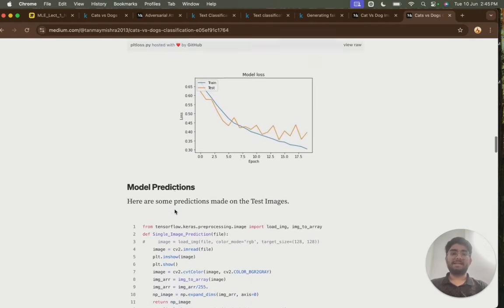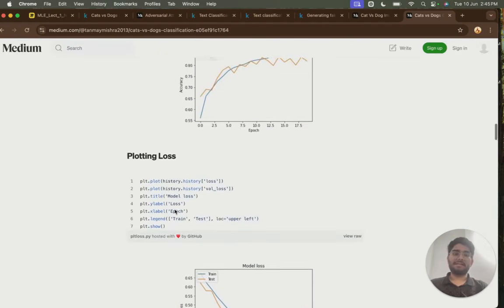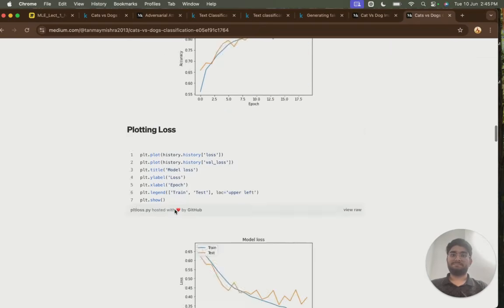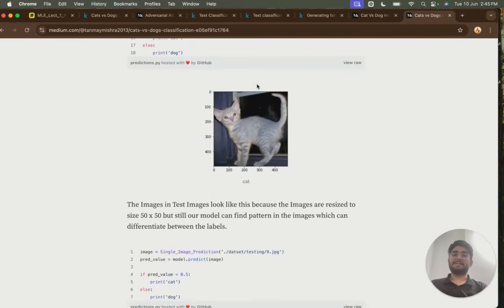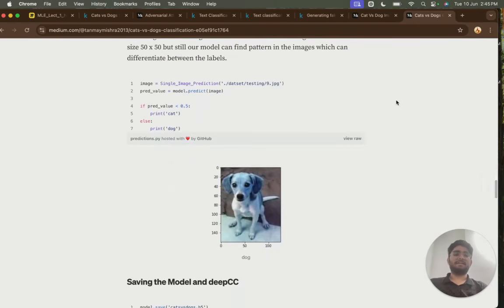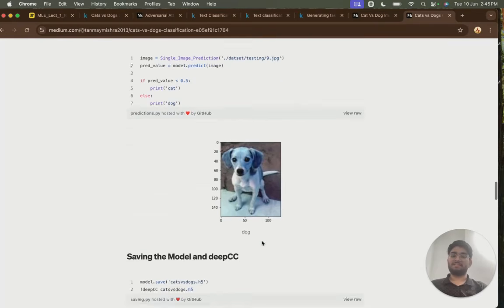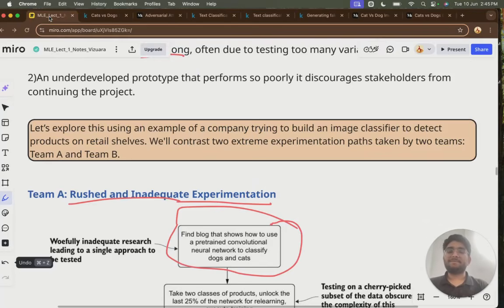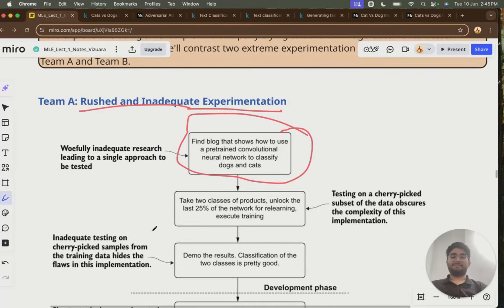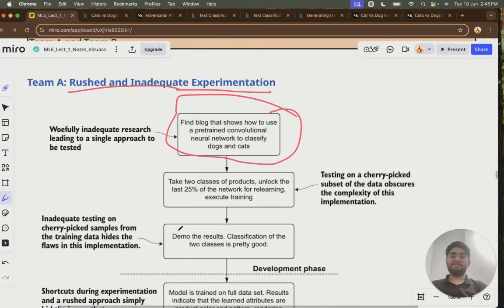Then I see they get a low loss value and they have a good accuracy. And model prediction is good. Cat is predicted as cat and dog is predicted as dog. This is what I want in the classification task. And then I inform my team that yes, the model is ready. I show the demo and we see that cat was categorized as cat and dog was categorized as dog. And yes, my model is good to go.